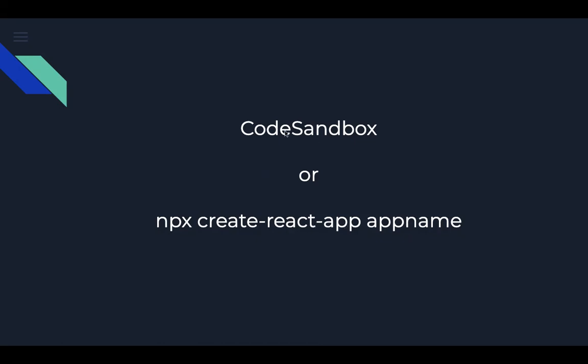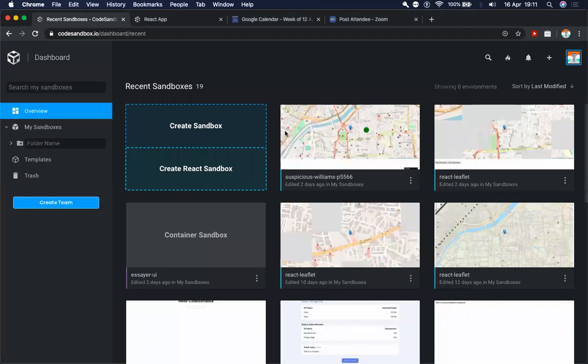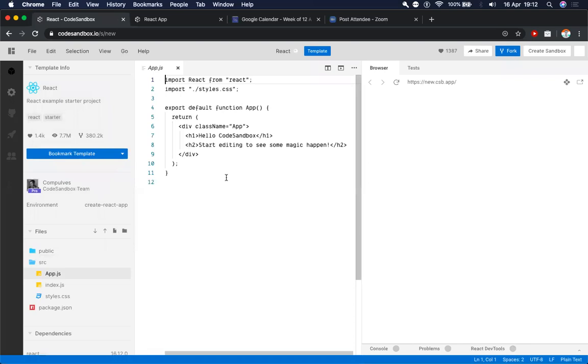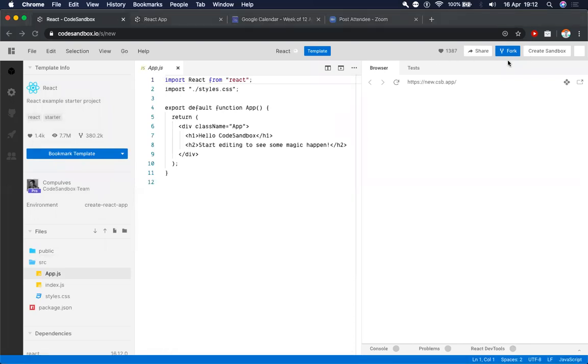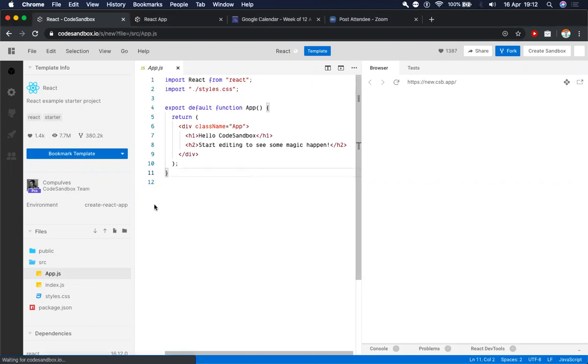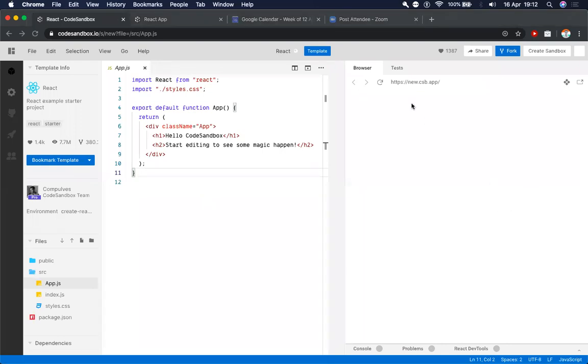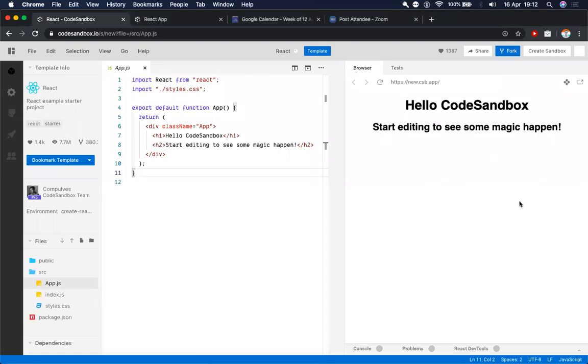So right now I will go with CodeSandbox since it would be easier to explain it to you. It would be easier to see the code and also see what we are developing at the same time. I hope that this is visible to you. If some piece of text is invisible or not readable right now, please let me know. I can adjust the sizes according to that.